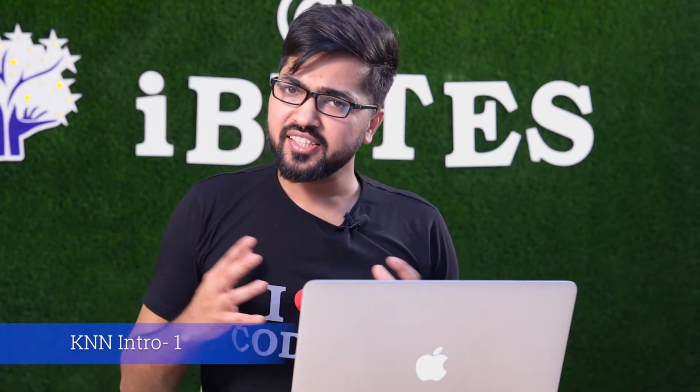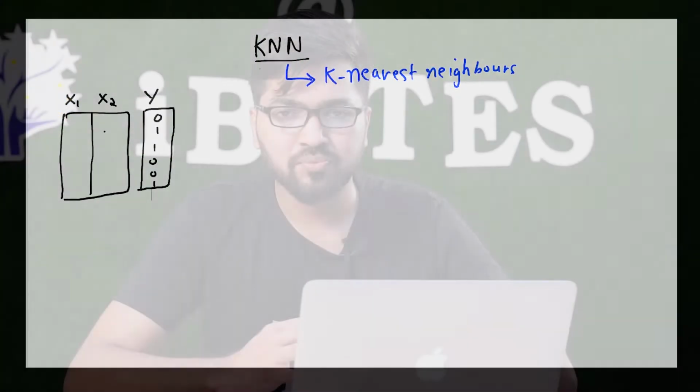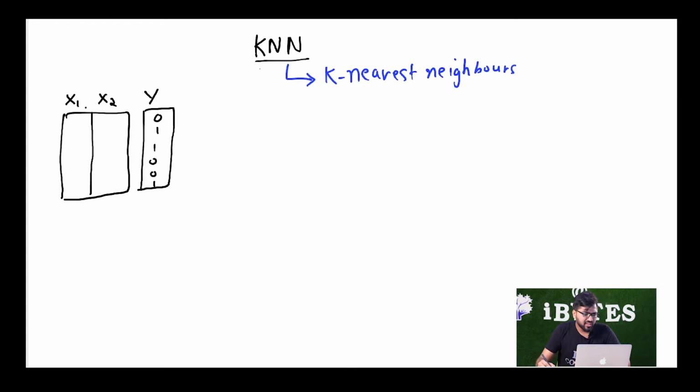Hi, in this session I want to start discussing one of the simplest algorithms in machine learning, that is k nearest neighbors. The idea is very simple for this algorithm. If I have a data set where I have only two features x1 and x2, and in my output I have two classes, let's say class 0 and class 1. If I simply try to plot a graph for x1 and x2,